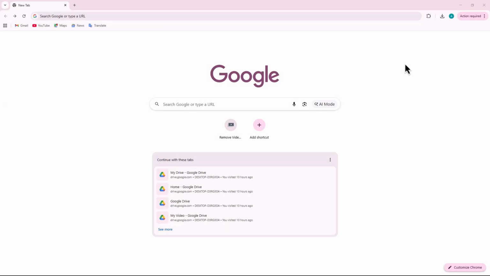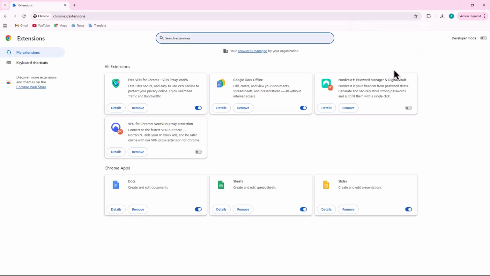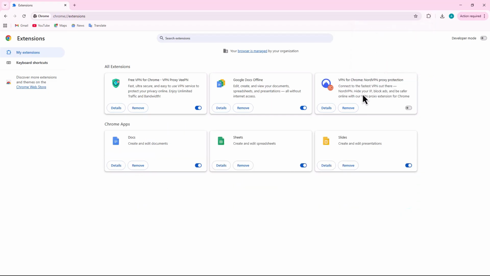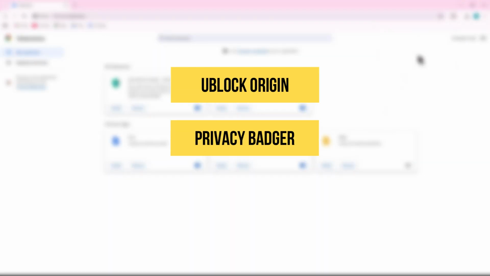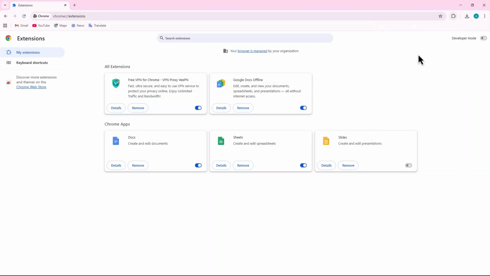Now let's talk about extensions. Click on the extension icon. After this, choose Manage Extension. Make sure you only keep trusted extensions. Remove anything that looks suspicious or anything you don't remember installing. If you want extra protection, you can also install privacy-focused extensions like uBlock Origin, Privacy Badger, or Ghostery. These help block ads, trackers,